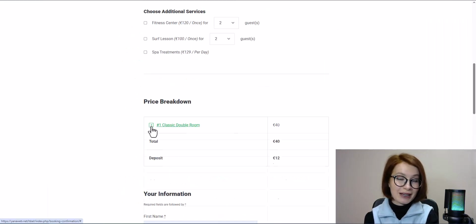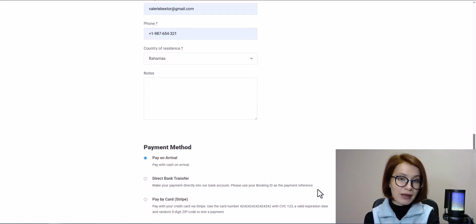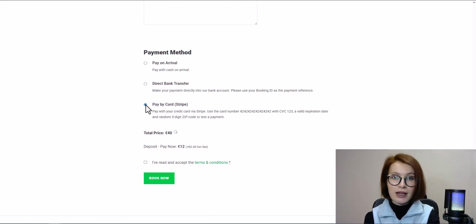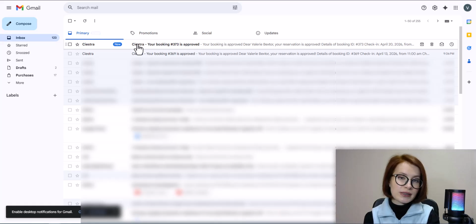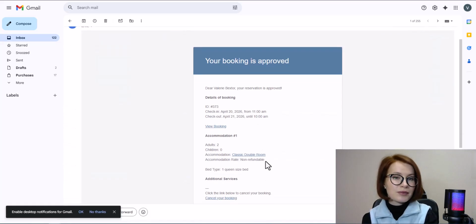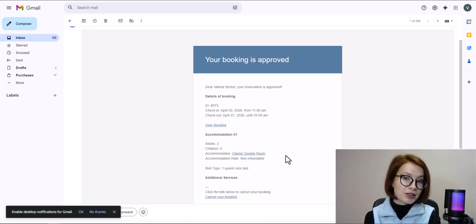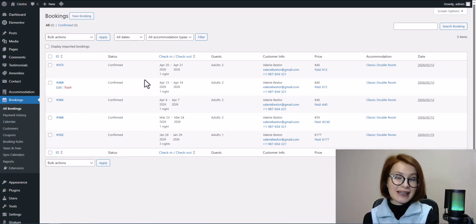depending on your setup. On my side, guests pay the deposit first and then the remaining balance a few days before arrival. As you can see, with the deposit, the guest will also pay the transaction fee, just like we saw before. Once the deposit is paid, the booking is automatically confirmed. The guest receives a confirmation email right away. The remaining balance link is normally sent automatically a few days before arrival, but you can also send it manually